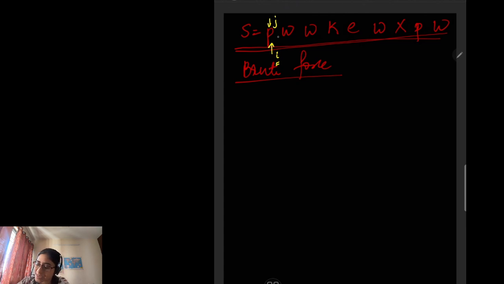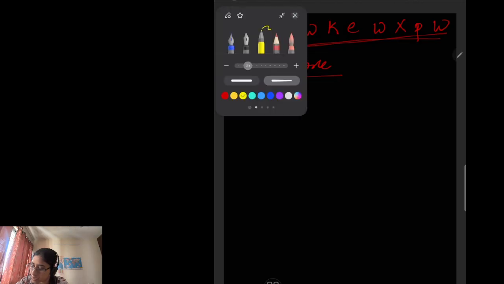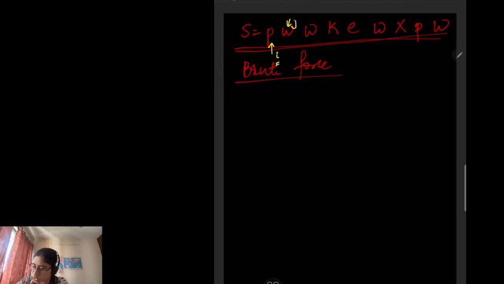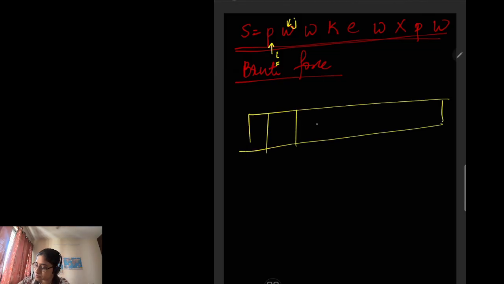So initially i and j both point to the 0th index. Now we are going to increment j, and j instead of pointing here will point here. Now we've incremented j, right? Now what we'll do is we will have a boolean array with us, and the length of this boolean array is 128